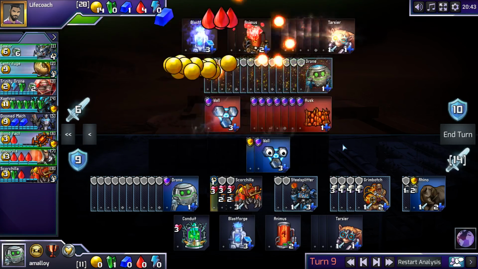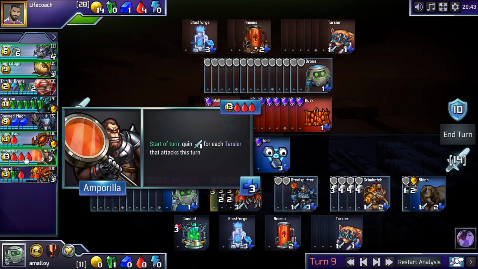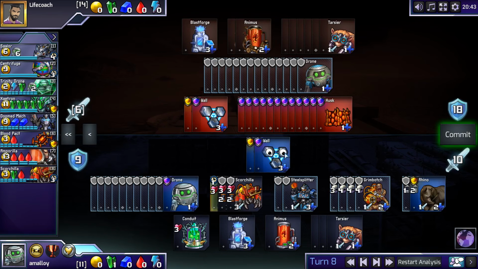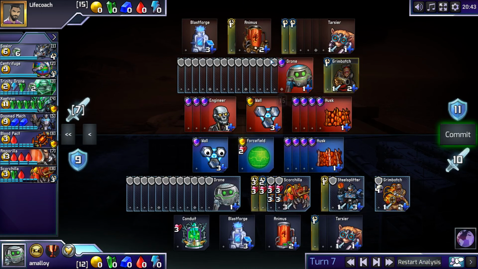So we do this, and now he says, I will get my Amparilla. He still can't, right? We're attacking for way more than he can cope with. So I think that was the big mistake, honestly. Well, first, his Animus was a big mistake, because he can't actually support it. But